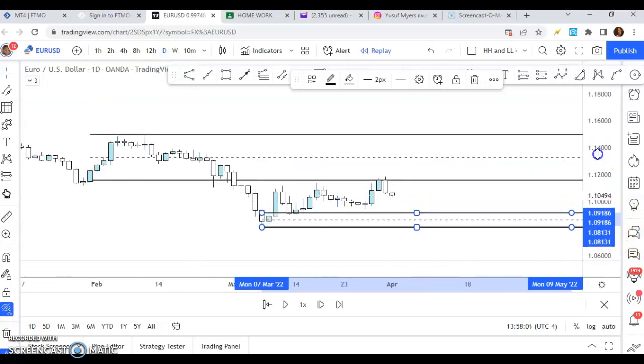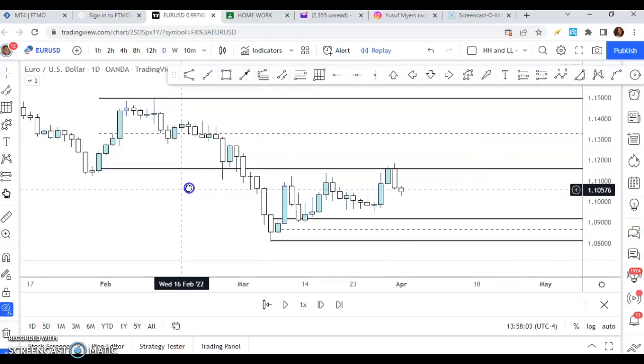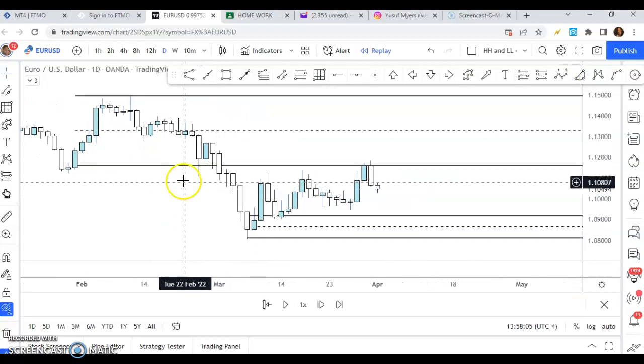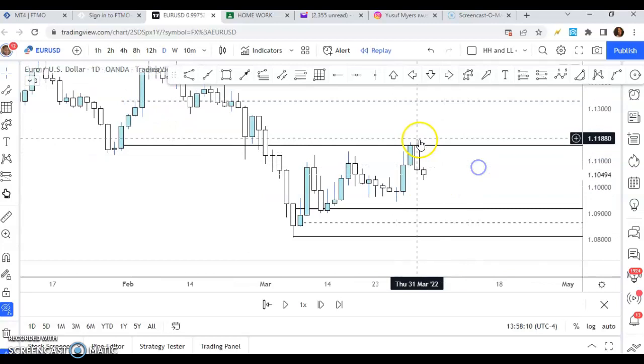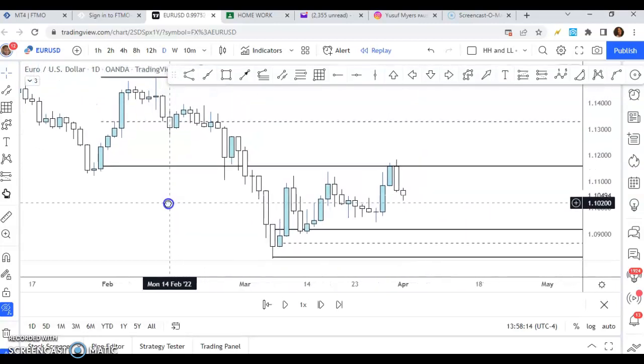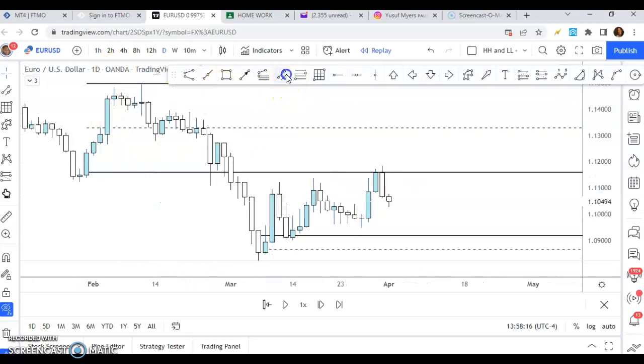Now notice my zone is quite huge. I do like to refine it so that it's not too big. However, there's a possibility I get some reaction off this zone. As you can see, there's a bearish engulfing candle. Within this zone, I'll still look for the same concept because now I have a little bit more candles to work with. And I'm looking for, once again, the last buying candle right here before the market dropped and broke